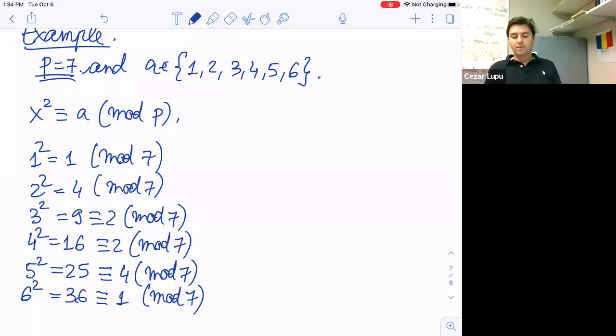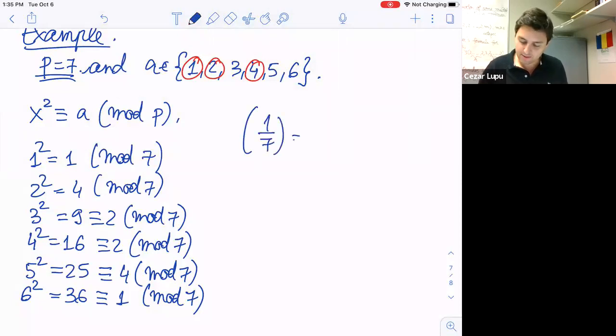All right. Now, if you look at this, can you identify which one is a quadratic residue and which one is not? Which numbers from here are quadratic residues mod 7, and which are not? From this list of A, 1, 2, 3, 4, 5, and 6, which one is a quadratic residue? If you look at it, it's only 1, 2, and 4. That's it, right? So in other words, if you want to write this with the Legendre symbol, you can say that